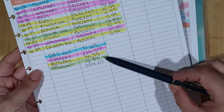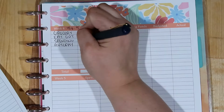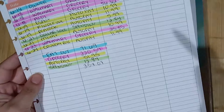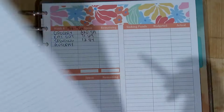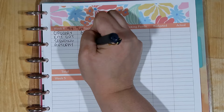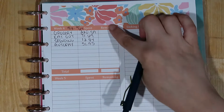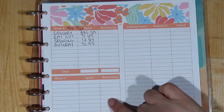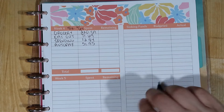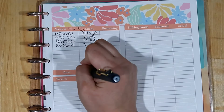For spending, we spent $12.84 this week. And for auto pay, we spent $51.95. So that is everything we spent. Now I just need to see what's remaining. We still have one full week of the month left, so I need to see what we have to work with for this last week. Oh, and for a total, we spent a total of